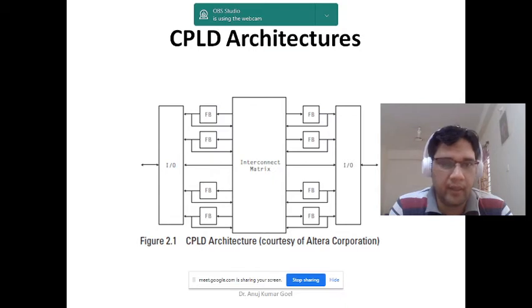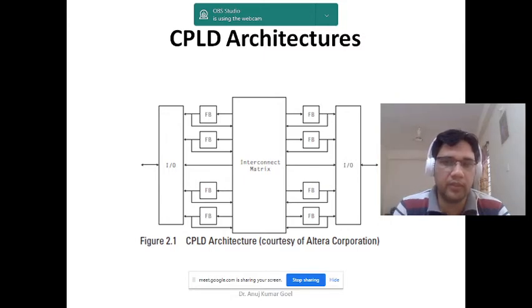Okay, and as you know, CPLD is the advancement of PAL, programmable array logic. So in the functional block, many PALs are present. Many PALs are there in the functional block. There are around 100 to 1000 PALs, because a large number of devices are there, so they can implement more complex functions. It is the advantage of CPLD: because of the large number of PALs within the functional blocks, it can implement large complex functions.